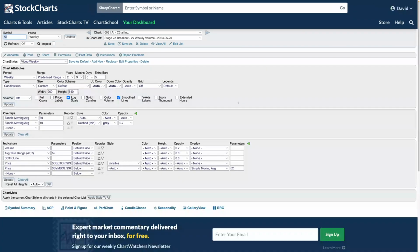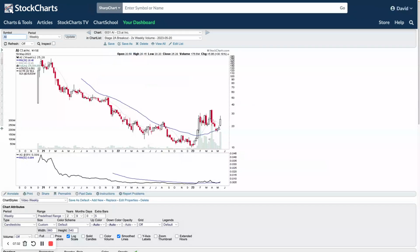But if we look at the weekly chart, you can see obviously a massive change in the volume profile. The 30-week moving average started to turn up through this area. It's now recovered the 10-week moving average in the short term here. So we need to see this continue to develop. Potentially could be building a broader, obviously, consolidation structure here with the up thrust and now spring type action at